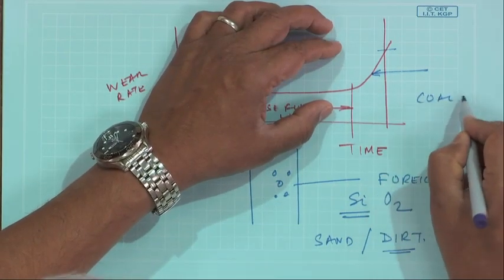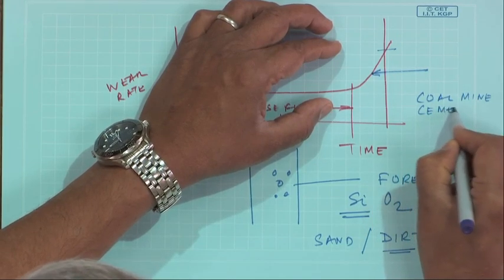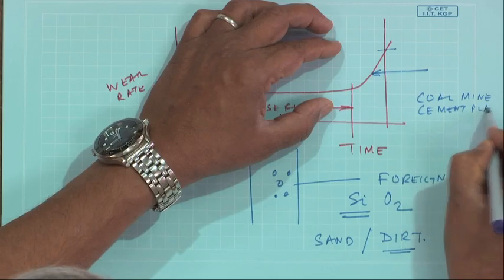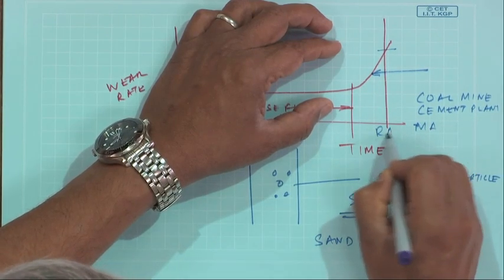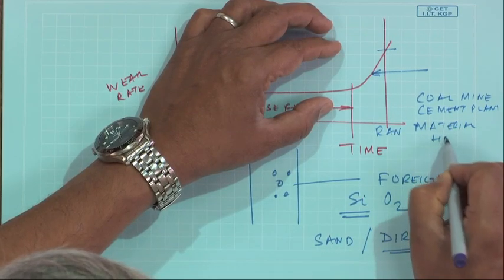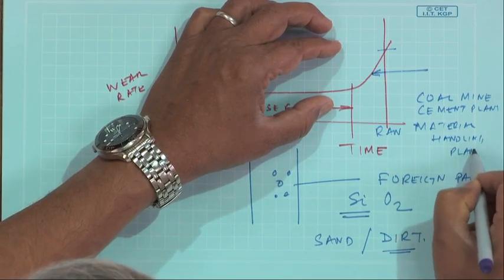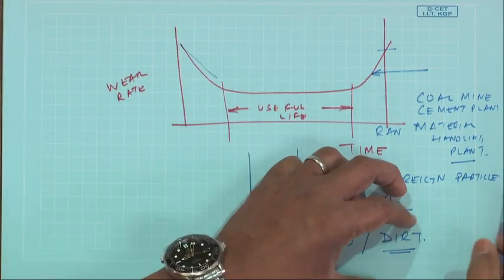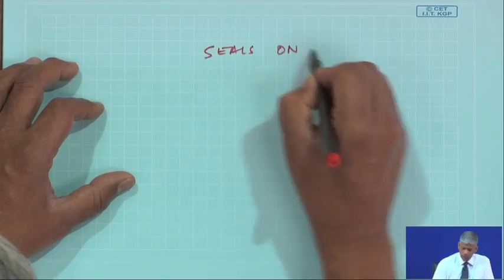So, for example, in a coal mine, a cement plant, in a material handling plant, raw material handling plant. By the way, in all these plants, the bearings are actually sealed. Okay. So, seals are fitted on bearings,